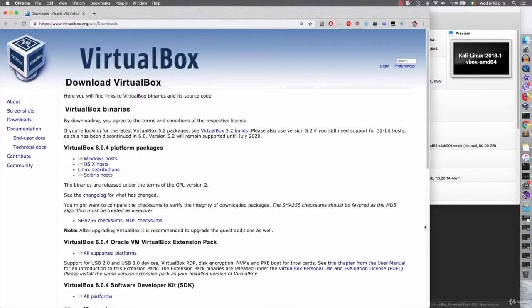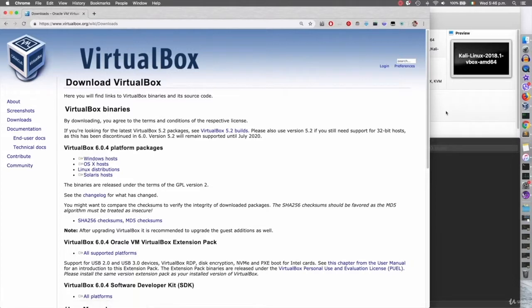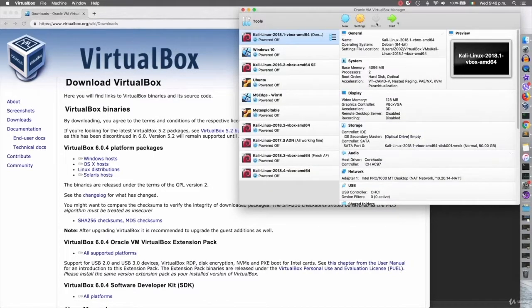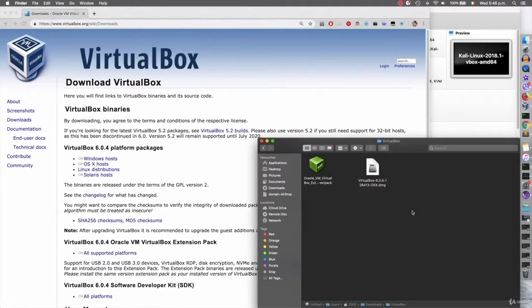Once you download that, I already have it downloaded, so I have it right here. And this file will only work if VirtualBox is installed successfully. So first of all, install VirtualBox from these links right here, like I said. Once you download it and install it and can see a window similar to this without these machines right here, we'll see how to install these later. Then download the extension pack from here. You'll have its file similar to this file, and only then you can double click this file